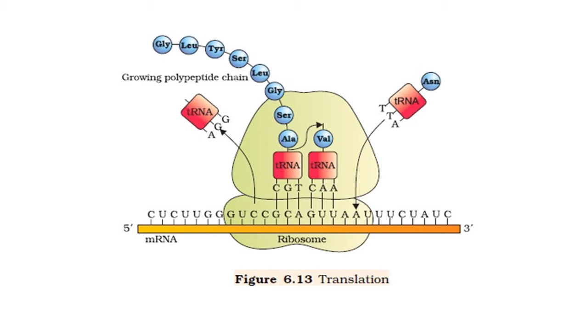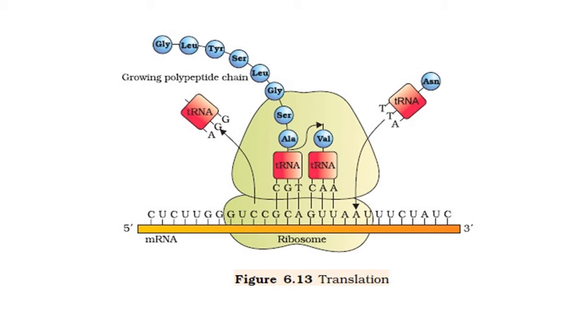This figure gives a clear idea about the translation process. Here you can see the arrangement: the chain is the mRNA, 5' to 3' end. The ribosome is arranged here, with its large subunit and small subunit. Here is the role of tRNA, which is now known to you, as an adapter molecule. Codon and anticodon we can understand easily by studying this figure.